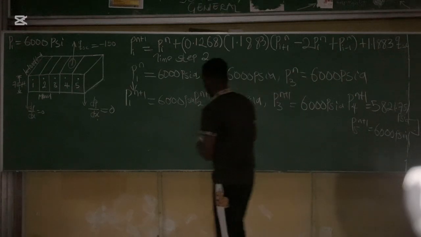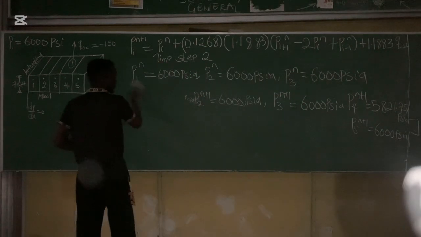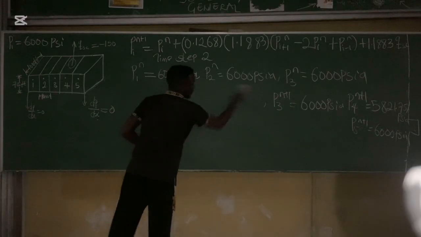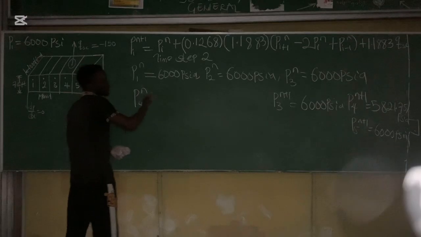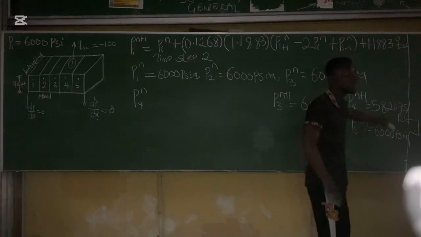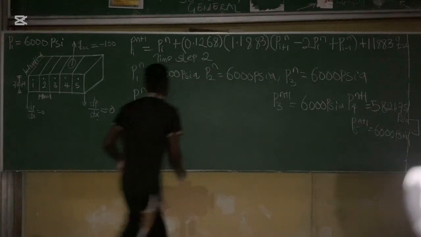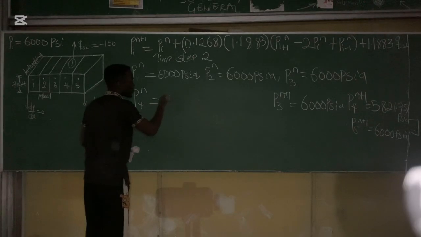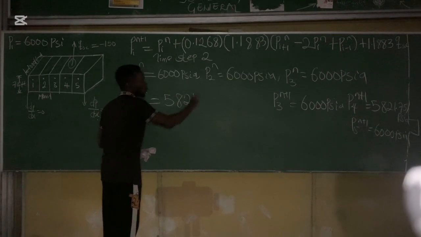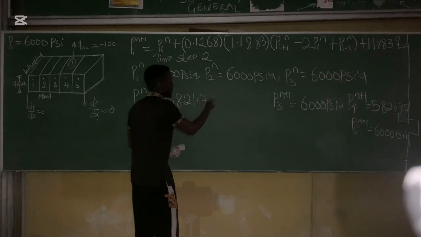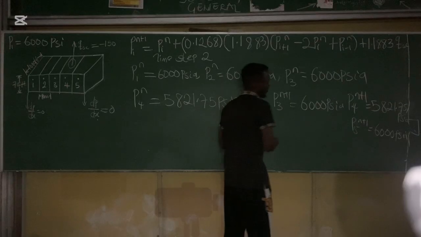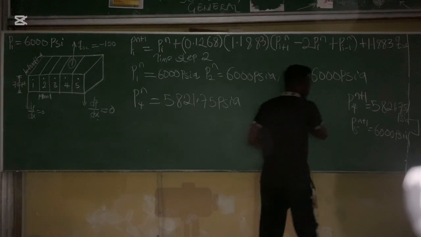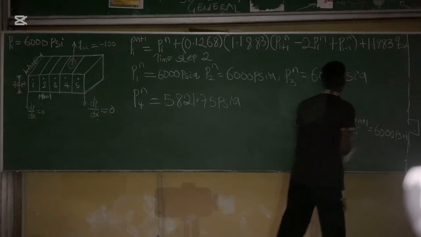Our P4n for time step 2 will become this value calculated here, which is 5821.75 PSIA, and our P5n will be